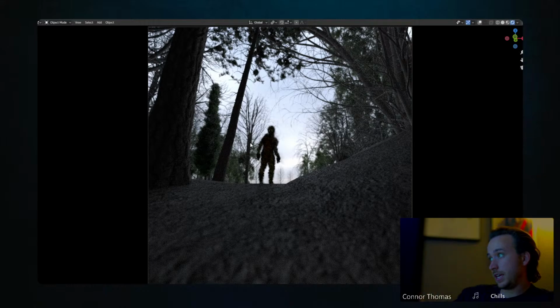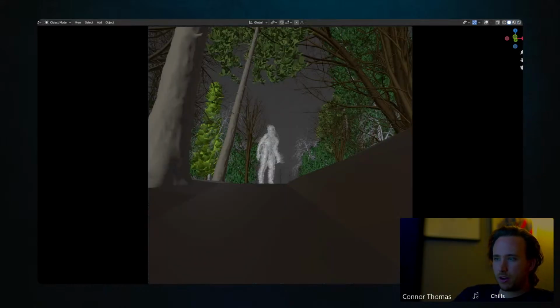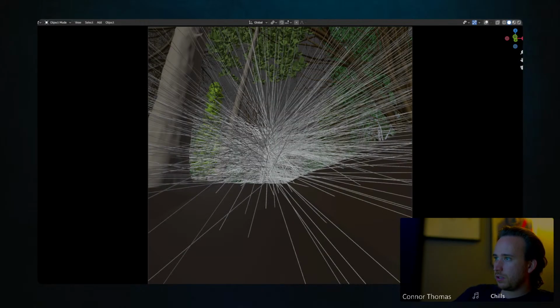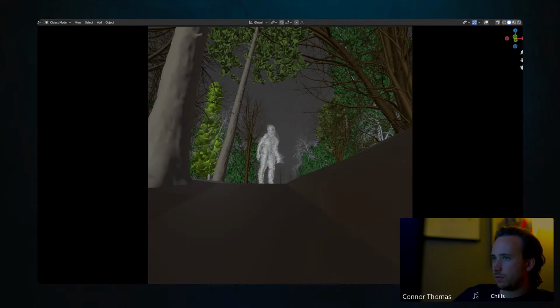Okay, let's do the secondary hairs now. Kind of get those thick hairs in there. I'm just going to turn that back off now, and then we're going to rename this to main. We're going to create a new particle system. This one's going to be called hair, and honestly we'll just set it to 0 for right now. We'll keep our current hair in there, that way that's good. We'll call this secondary,